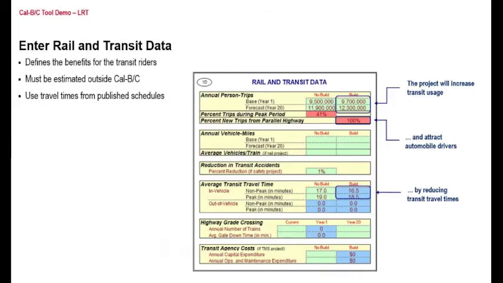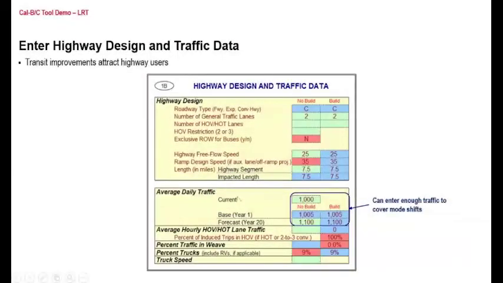So I'm going to go back a slide. And on this slide, this is where you enter in information about the highway. So if you wanted to be complete, you would enter in information about your roadway network or parallel road that you're attracting people from for this light rail project. And you'd have the complete ADT. In this example, we were a little bit lazy. We didn't do that. All we did is we entered in actually the number of people that were,